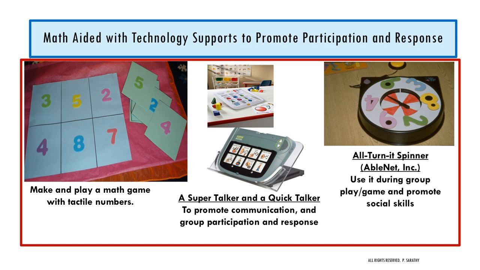And then it stops at a number, and then they try to find the matching number, or they try to find items to match that, and you may have another student who is a peer who is also participating, and they may be the one who will count that number of objects and give it to the peer with severe disabilities, and they get to see that object, but they get to press the device in order to make it